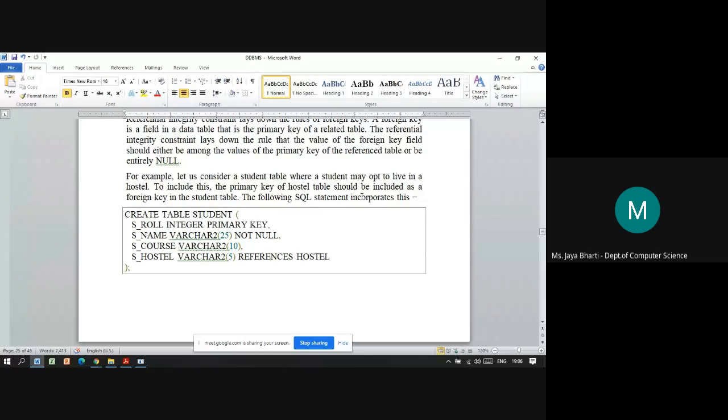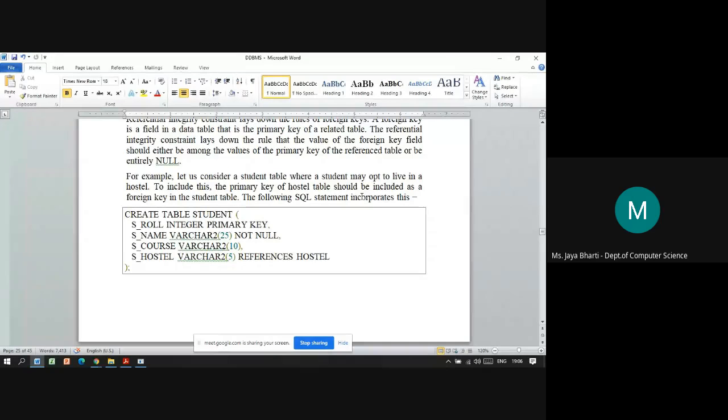To avoid such a thing, we put the referential integrity constraint. Means what? In such a scenario, what will happen if we put the referential integrity constraint, that is the primary key foreign key relation, on these two tables? What will happen whenever you try to delete the data from the employee table?